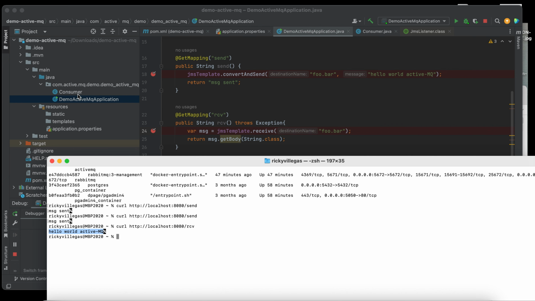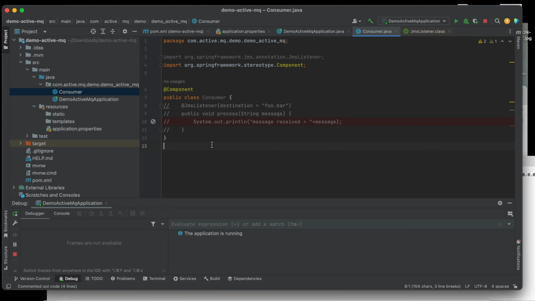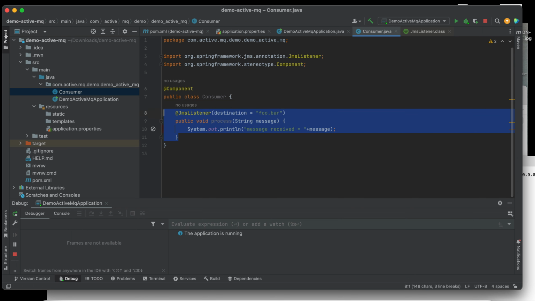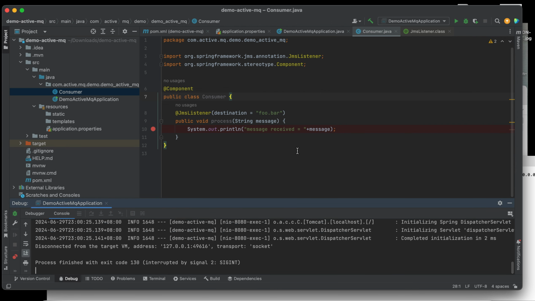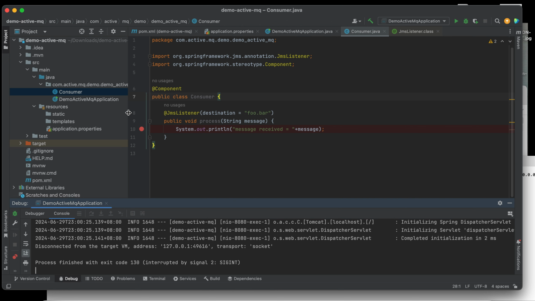So let's move to our next topic, which is how to subscribe. To subscribe to our queue name or destination name, we just need to use this JMS listener. Okay, and that's it, as simple as that.